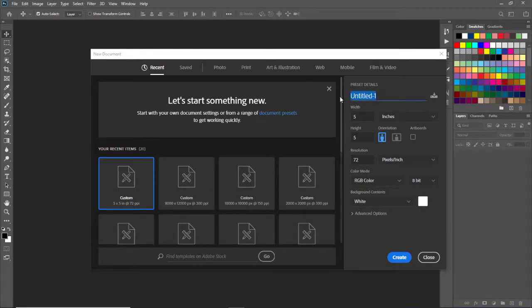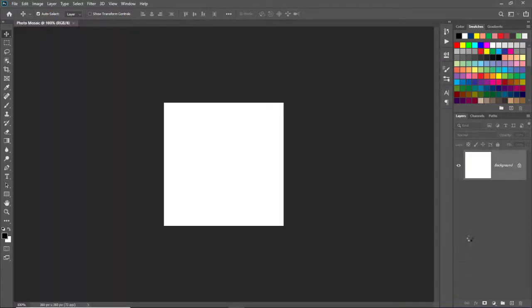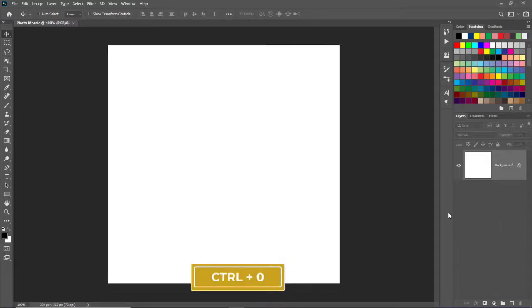First we will enter title, we will select inches, width 5, height 5, resolution 72, color mode RGB color, background contents white, and click on create button. A 5x5 document window will be open. To see full size in screen, press Ctrl+0.